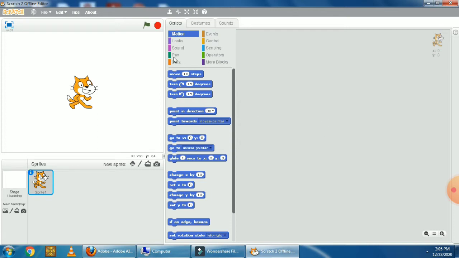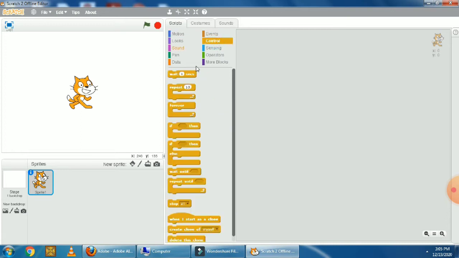This is the script area. Now click on the control block. Today we are going to learn a new topic, repeating action, which is available in the control block. This is the repeat action command, or we can say block. This repeat instruction helps in controlling the execution of the program. This block repeats our actions a particular number of times as much as needed. You will get various blocks to repeat the actions in the control block category.